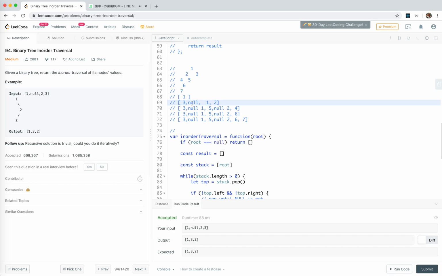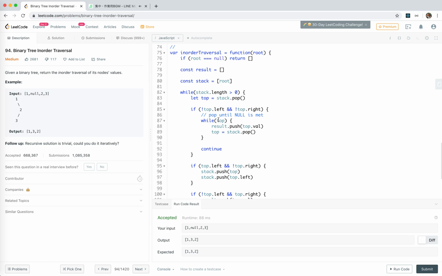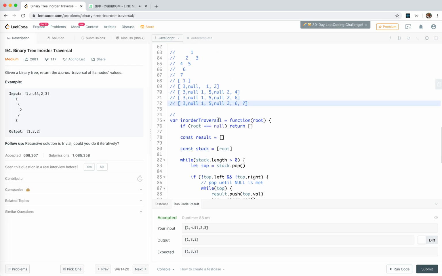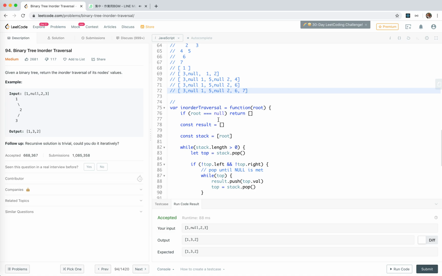Actually, in my personal experience, I'm pretty sure that these are not the optimal solutions, but adding null in the iterative traversal of trees would be very useful sometimes. For this case, we use null as an identifier